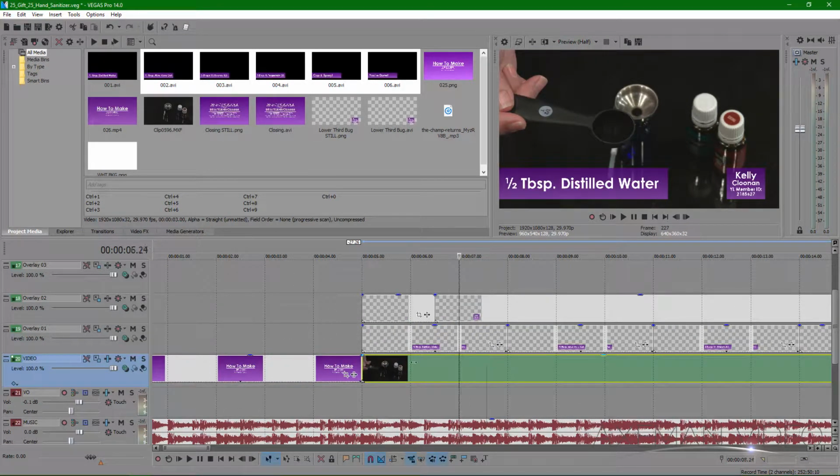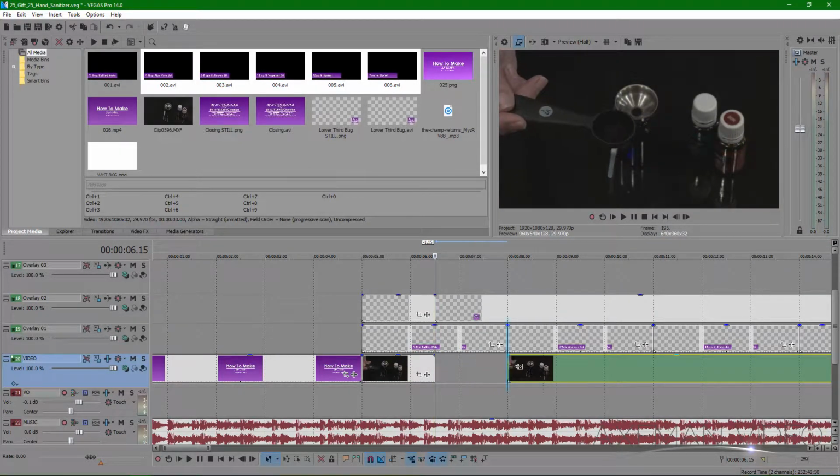So what I want to do inside these 3 seconds is show the water. Now I'm going to click this button right here. And what that'll do is show this preview full screen on a separate screen that I have. And you're not going to see that here on this recording, but the only reason I'm doing that is so that I can see this clip in full screen, so that I can see when this spoon is in focus, because that's the bit that I'm going to want to take. So I'm looking over here just to make sure right in here is good. All of this in here is in focus. Actually, I can go a little more. Yeah, so we'll take all of that,